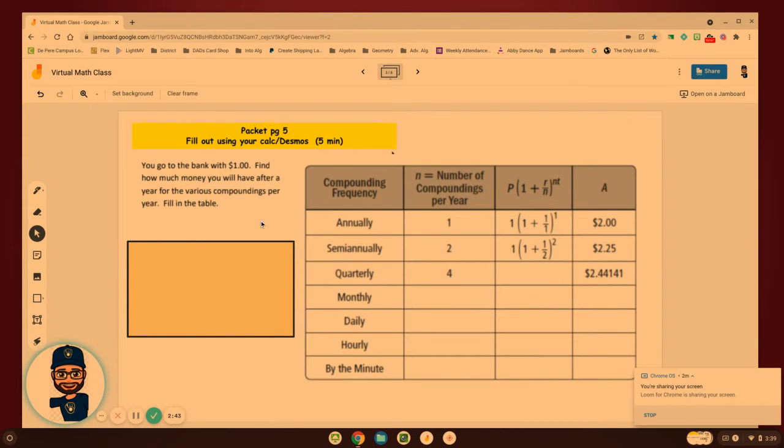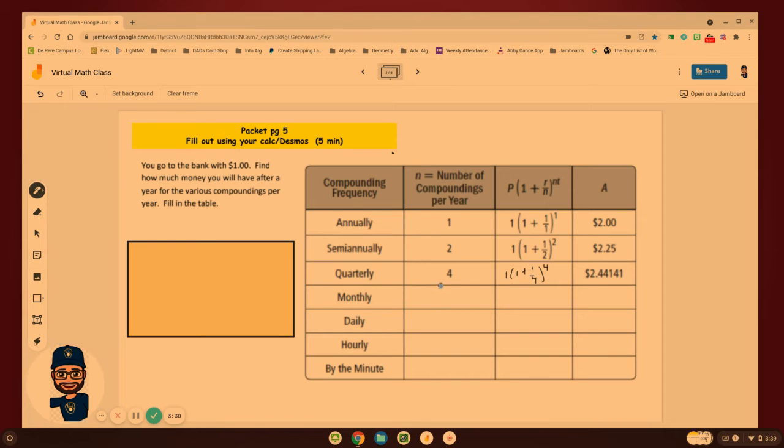To help us understand what's happening with a continuous compounding problem, let's look at investing $1 into a bank account and see what happens over time. Annually, meaning we get the compound interest just once. So that would be the formula. That means we have $2 the next year. If I did it semi-annually, or twice within the year, I'd actually have $2.25. If we did it quarterly, we'd have a 4, right? So we could fill in 1 times 1 plus 1/4 to the power of 1 times 4, which is 4, or you get